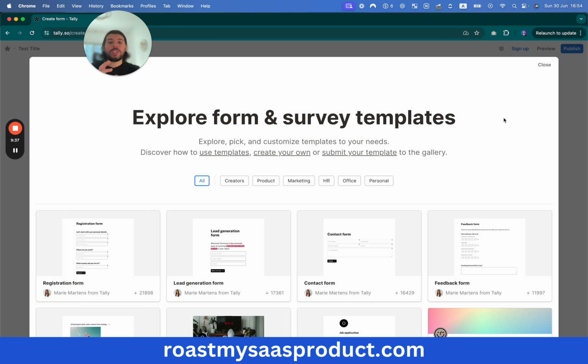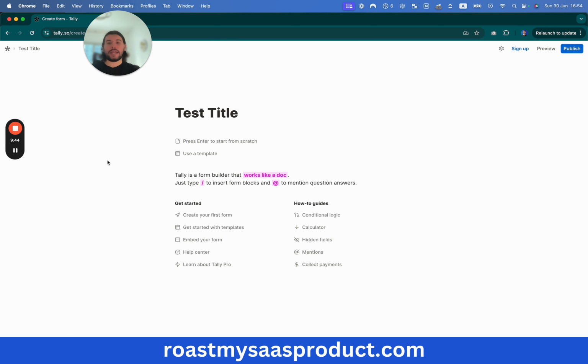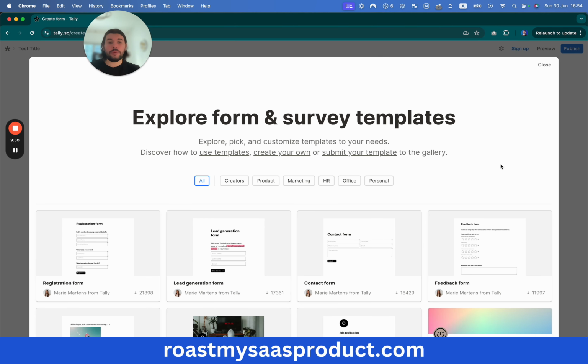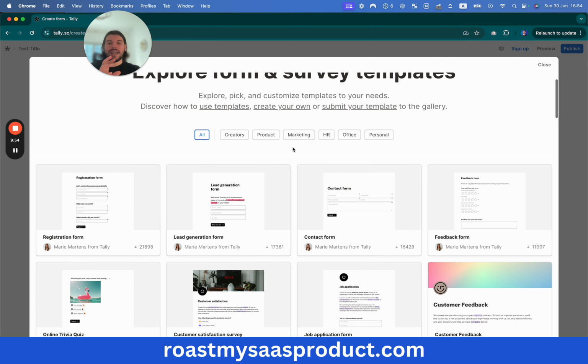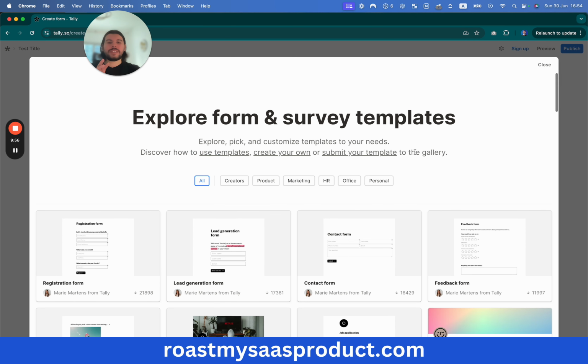So what I would do is I would have something like this straight away, or maybe not as a modal, but as a full screen thing. Instead of letting me put a title here, just show me the different use cases, maybe these different templates. But I would say there has to be a balance here, because we don't want to overwhelm the person. Like, we don't want to go from an underwhelming experience to an overwhelming experience because there are way too many templates,